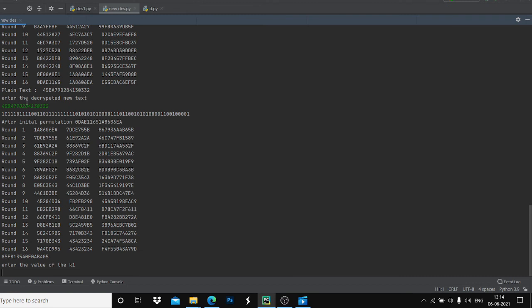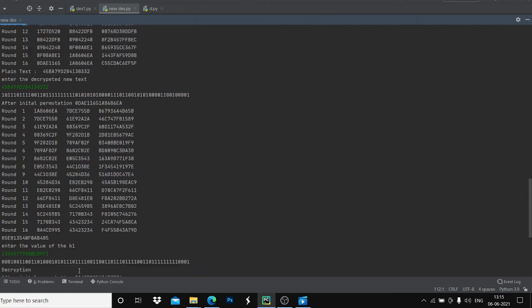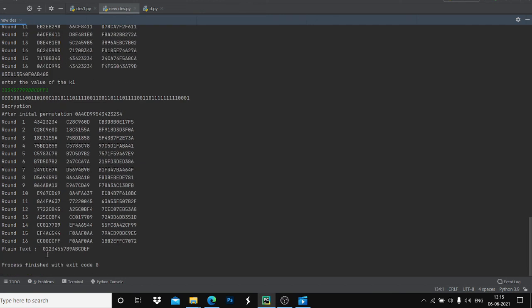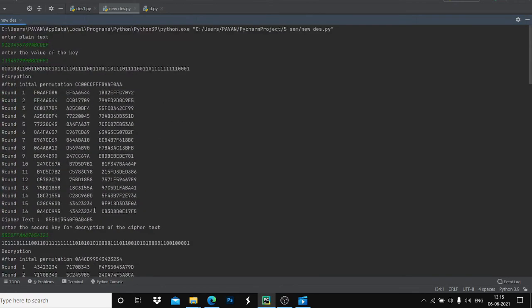Now after encryption of this one, we got a ciphertext like 85E8135440F0AB405. Now it is telling us to enter the value of key 1 to decrypt this text. After entering key 1, we got a plain text as 01234567889ABCDF.